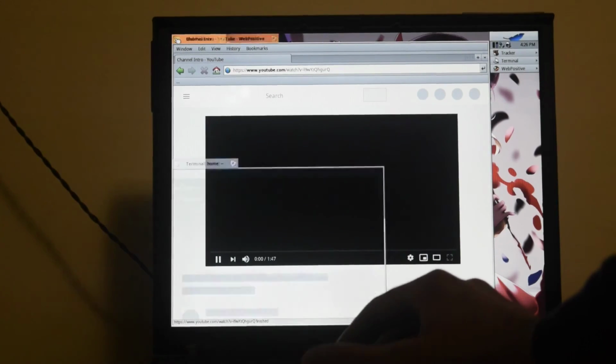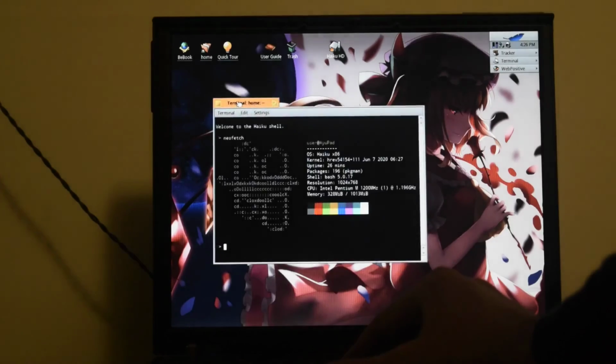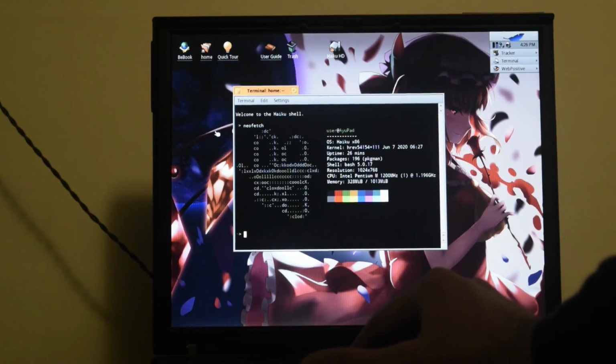Yeah, I don't think this is going to work. Probably due to the hardware though, not the operating system or web browser itself. So anyway,